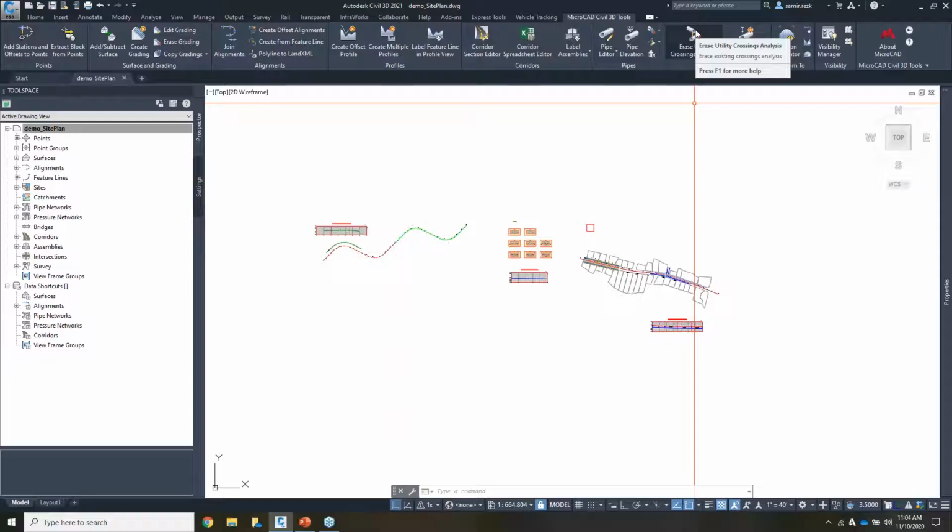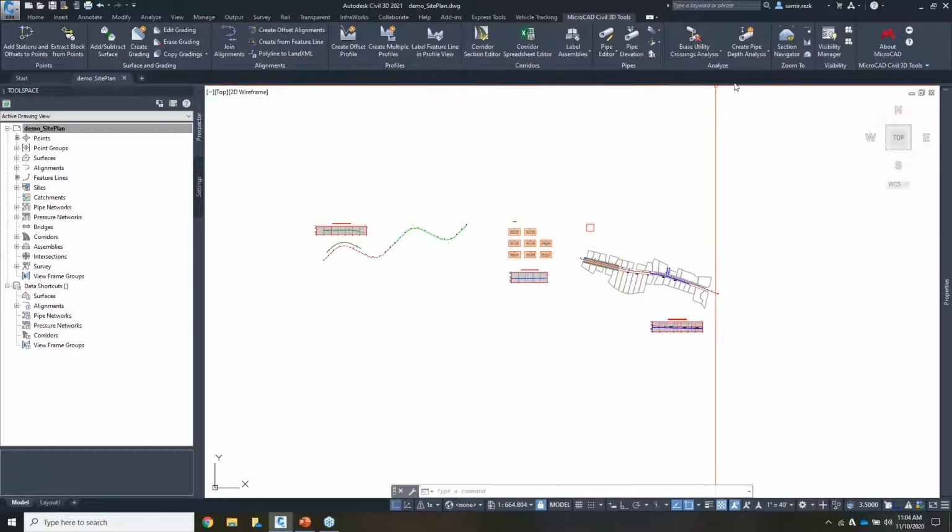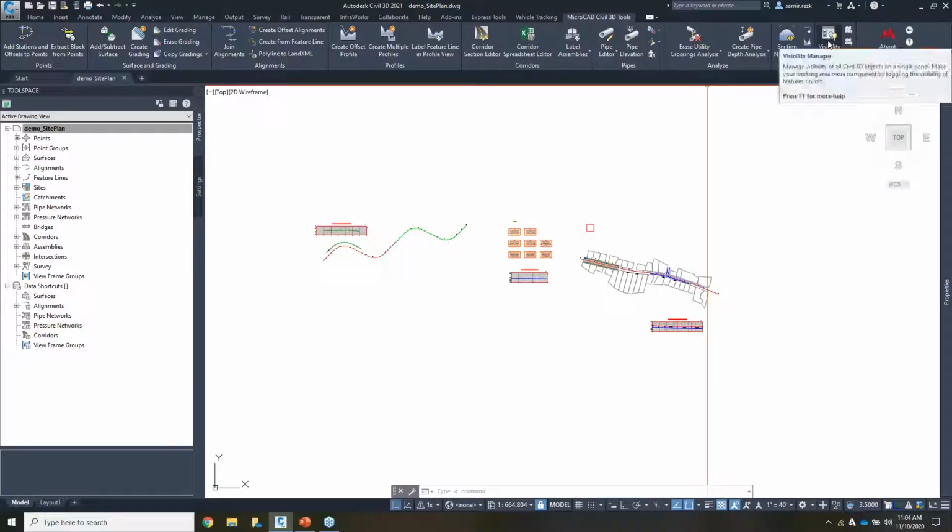to show you some of the tools that are available in the Civil 3D Tools ribbon tab. And I'm going to work myself from right to left, just because the very last one here is a very convenient way of managing your Civil 3D objects. So Visibility Manager